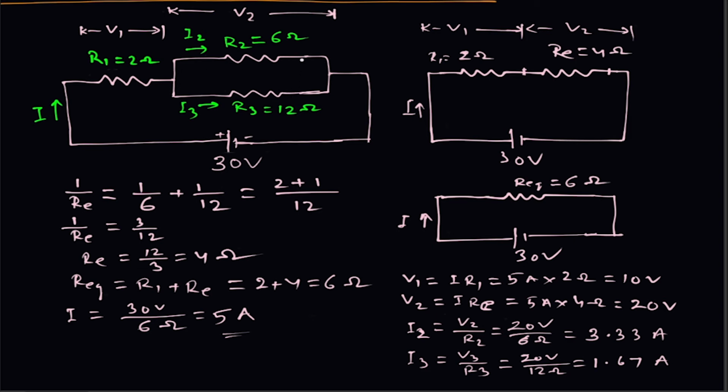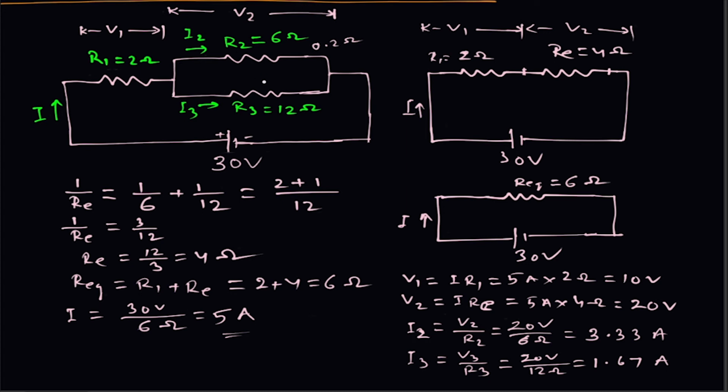Now suppose I will ask you, if this resistance R2 is equal to 0.2 ohm, and R3 is this much, R1 is this much, only R2 is changed to 0.2 ohm, then what will be the voltage drop V2 and V1, and what should be the current in the circuit? You should be able to solve it quickly, just mentally, but the answer may be approximate. What will be the value?